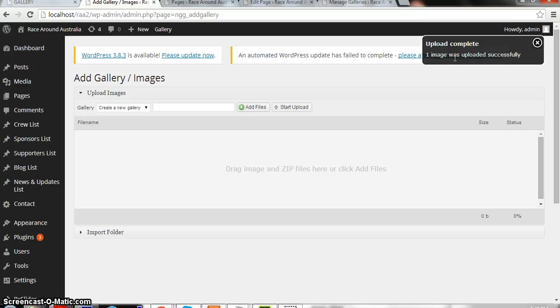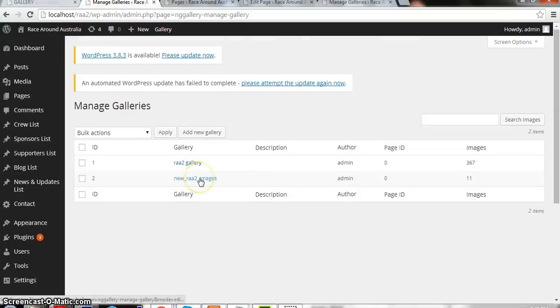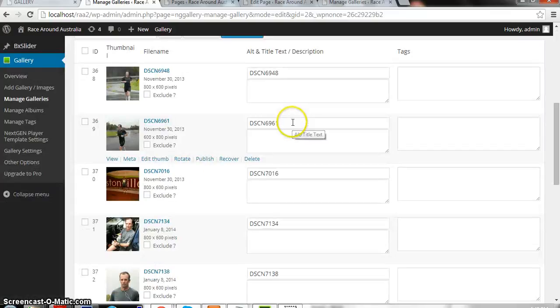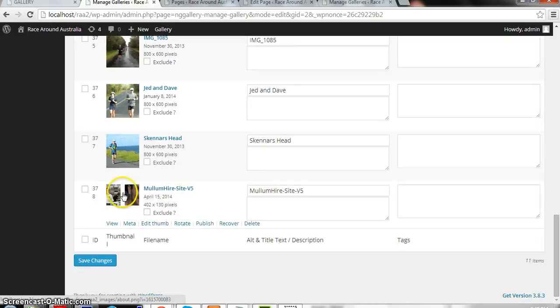Then once you're done, go to manage gallery, then click the ID number 2, or the new RA2 images. We can see now that the new uploaded image is already there.